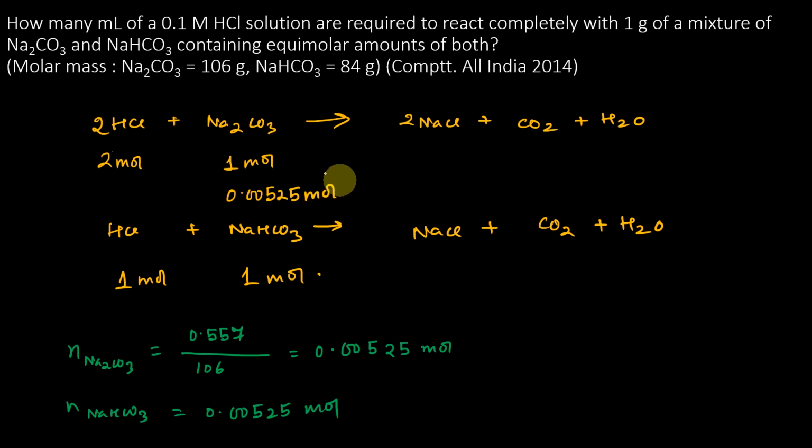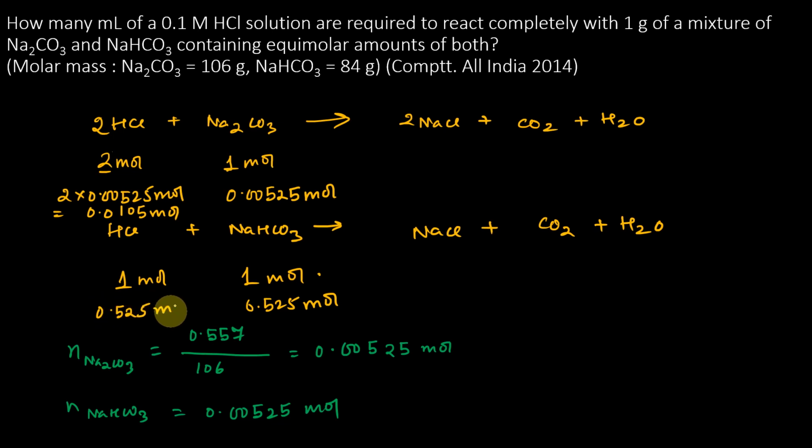ठीक है, तो इस केस में अगर ये 1 होने से अगर ये 2 हो जाता है, तो अगर ये 0.00525 होगा तो ये 2 into 0.00525 होगा, right? So it is going to be how much? What is the value? It's going to be 0.0105 mole. And what about this? If it is 0.00525 mole, and this is also going to be 0.00525 mole. This calculation is actually becoming very lengthier, but actually if you once try to understand this question, it is easy.